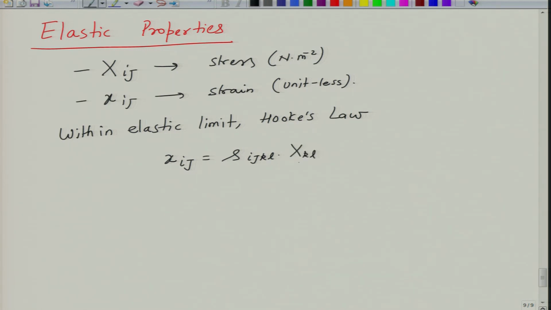Okay. So, this is the stress, this is elastic compliance whose unit is, no, it is inverse of Newton per meter square, so meter square per Newton, and this is